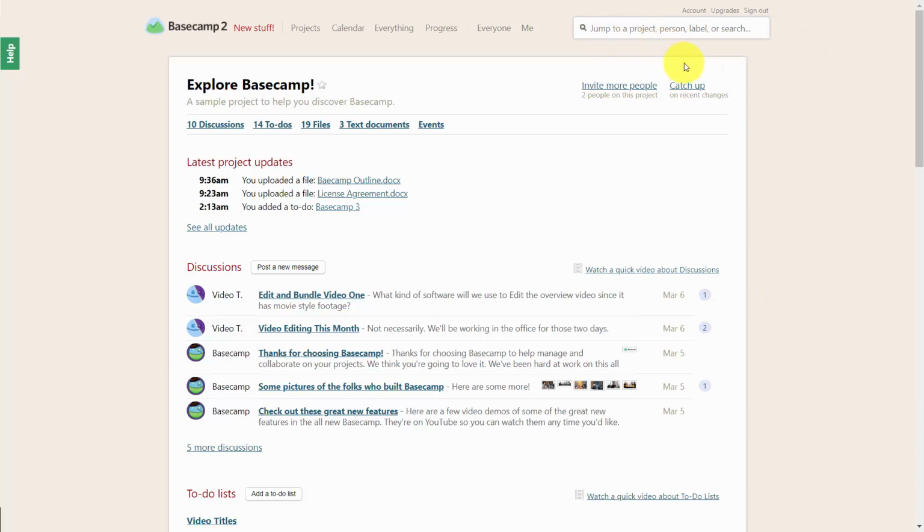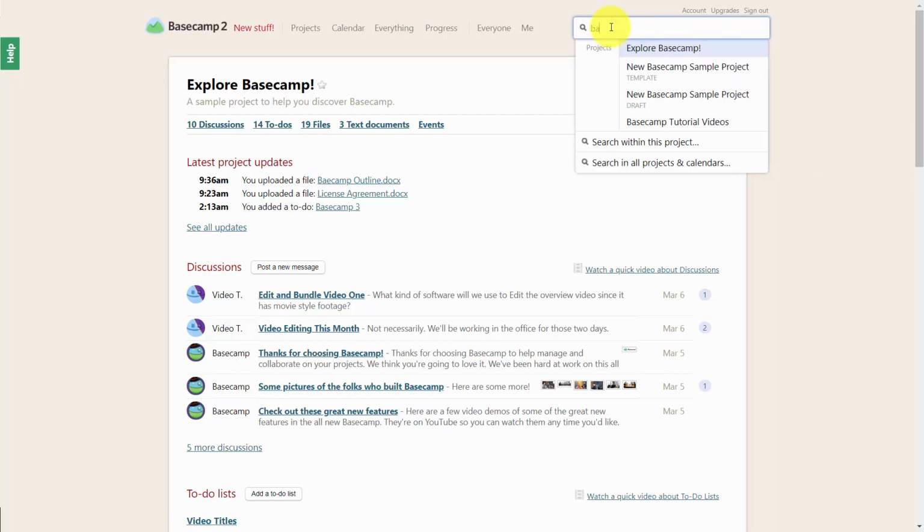Welcome back. Now in Basecamp, the search bar is as much a navigation tool as it is a method of finding things. And you can use it effectively to jump around between projects as well as other things in your admin area. So for example, to move between projects, you'll want to type in the first few letters, and one